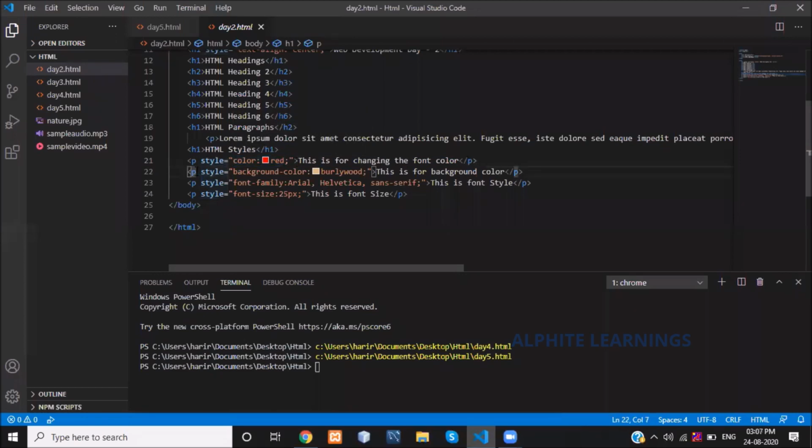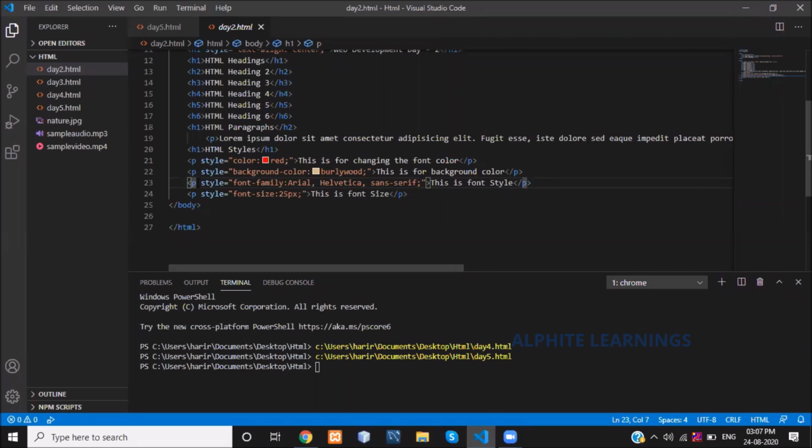For the next paragraph, I have given a background color, so only this paragraph will get the background color like this. Similarly for the third and fourth paragraphs. This is called inline CSS. In an HTML tag, if I am using a style property, then it is called inline CSS.